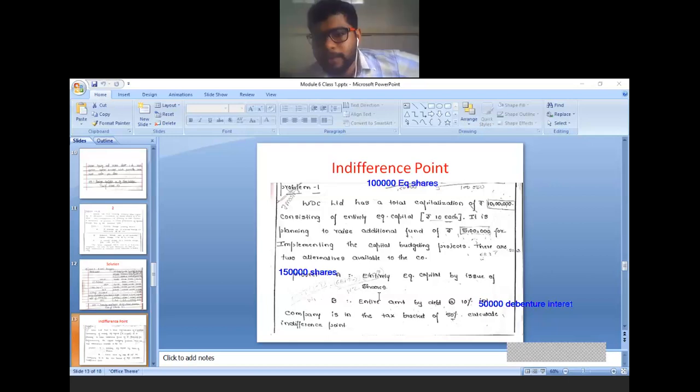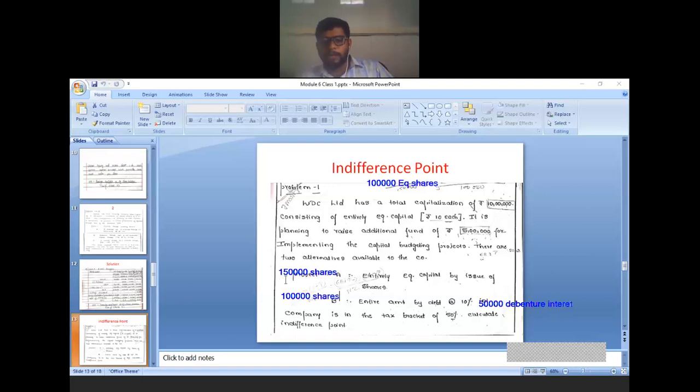Existing 10 lakh rupees we have, and the entire additional amount we raised through debenture. So how much is the number of equity shares in plan B? 1 lakh equity shares. Yeah, good. How is it 1 lakh equity shares? Because in the case of plan B, only the existing capital structure is applicable. 10 lakh divided by face value 10, so 1 lakh equity shares, because the entire additional amount is raised in the form of debenture capital. Therefore 1 lakh equity shares.